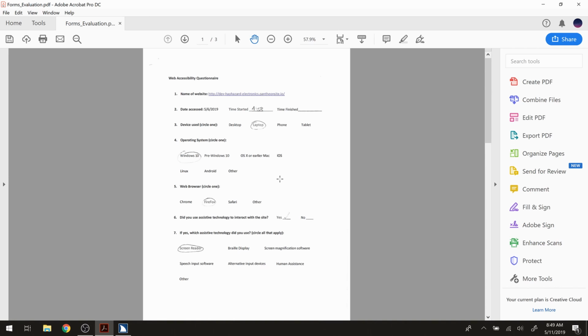Okay, so that's the first line of text, and we don't get a visual focus indicator, so I'm just using the arrow keys to get around on this thing. And we're going to see what happens as I use the down arrow key to parse this page. 1. Name of website